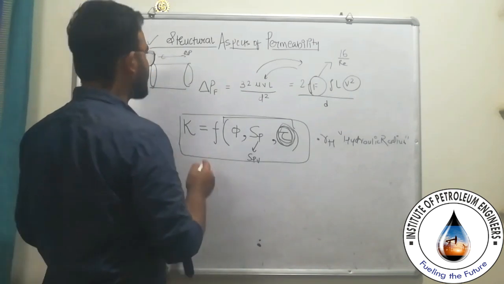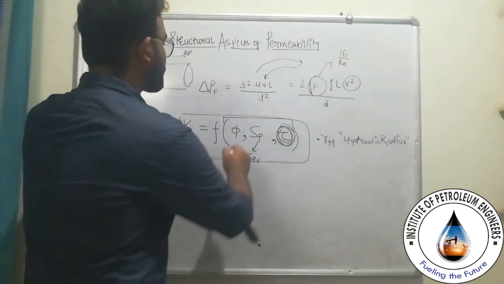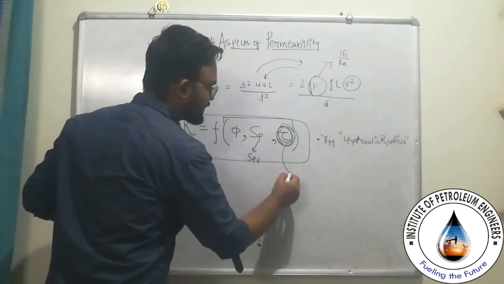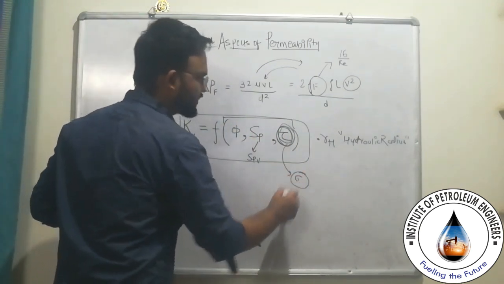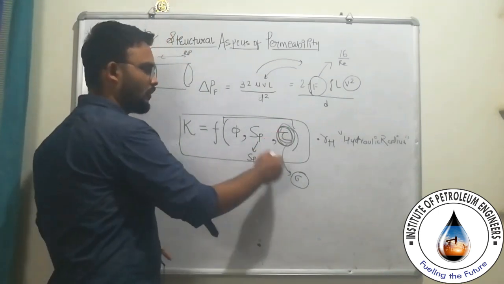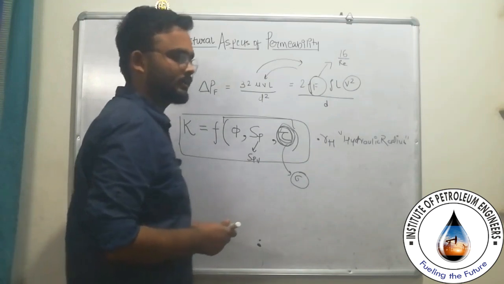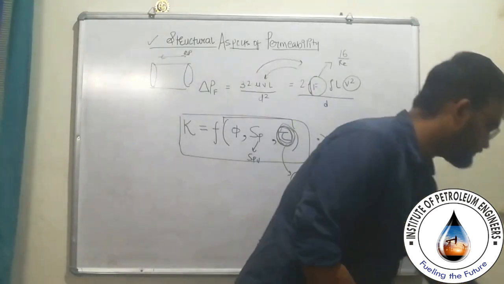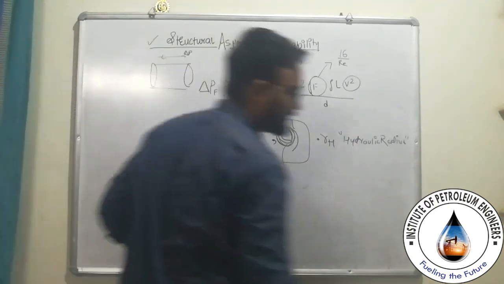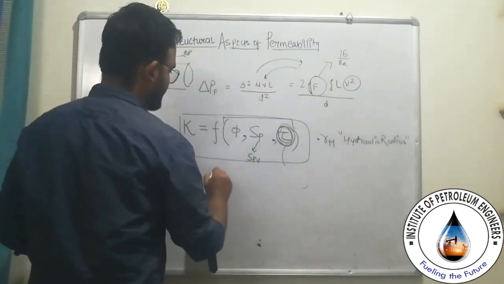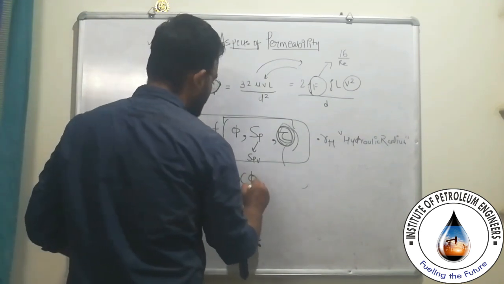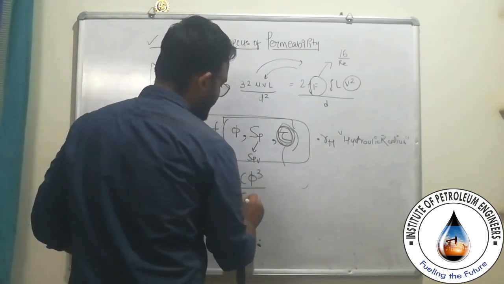And that's why we call it the structural aspects of permeability, because all these phenomena we have not looked at so far. Although in the last lecture I denoted the shear stress as sigma or tau, don't get confused. Just now I'll be referring to the actual common notation, which is tau, right? So the formula that I'll be covering today is something like this: K equals C phi cube by tau SP square.